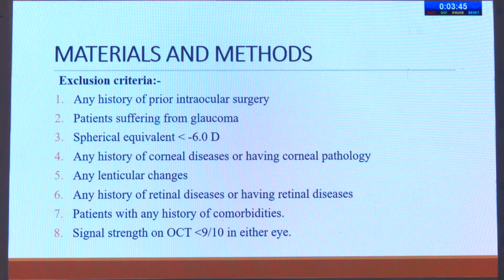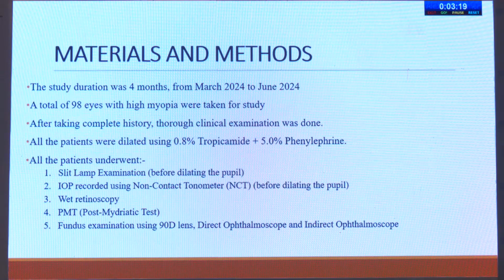The exclusion criteria include any history of prior intraocular surgery, patients suffering from glaucoma, spherical equivalent less than -6 diopter, any history of corneal disease or corneal pathology, any lenticular changes, any history of retinal diseases or having retinal diseases, patients with a history of comorbidities, and signal strength of OCT less than 9/10 in either eye. In the materials and methods, the study duration was 4 months, from March 2004 to June 2004,